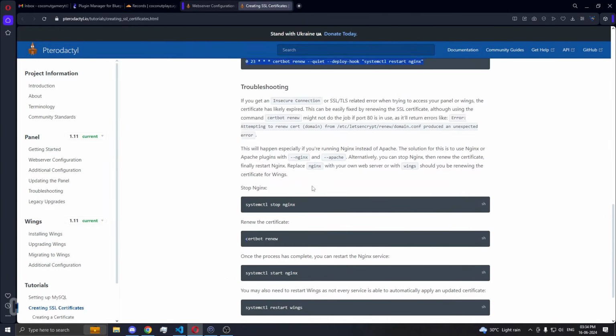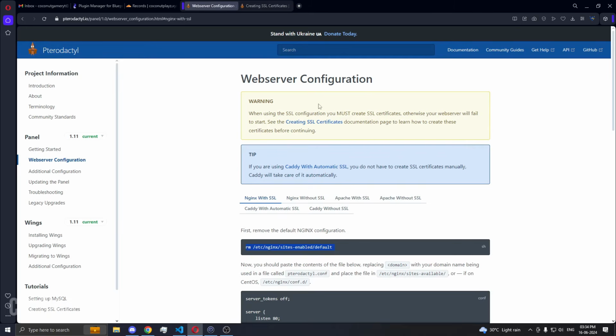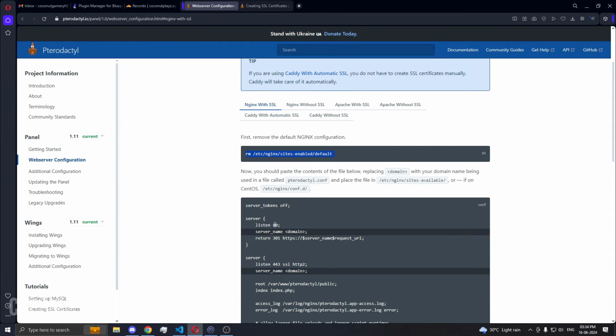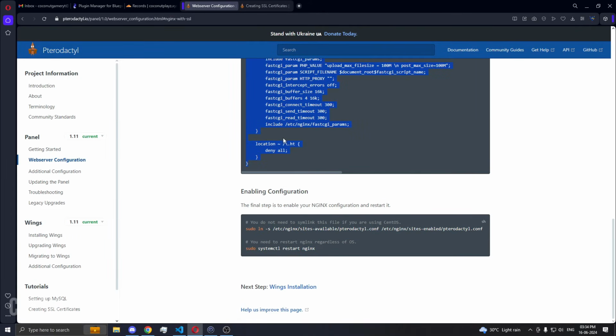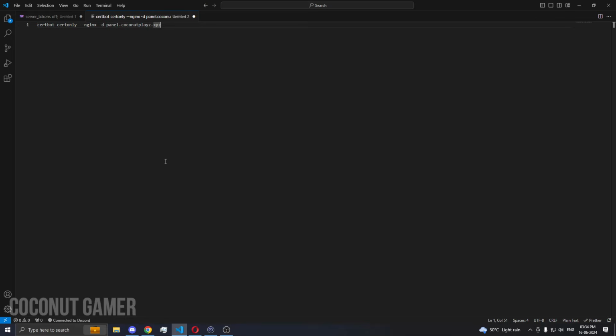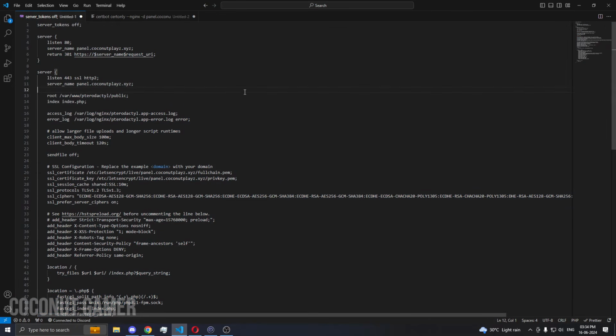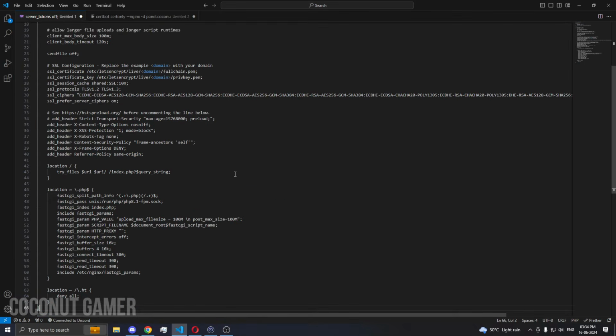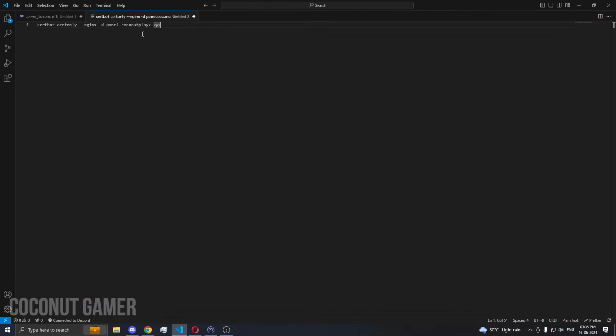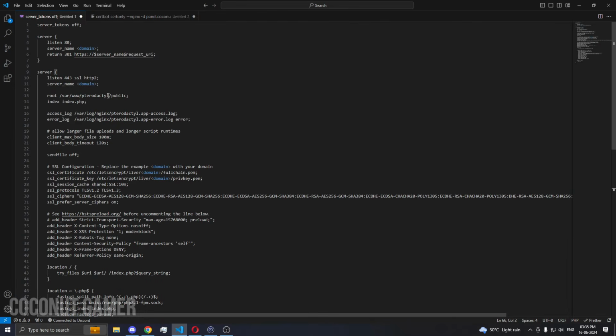Now we go back to the web server, and we copy this whole thing. Just copy this and put it in a note editor or Notepad, whatever you have. This is my file which I had created. I'll paste it again for you. Instead of domain, you need to add your domain. Mine is panel.coconutplace.com. You need to paste it here, not here, that's commented out, and here